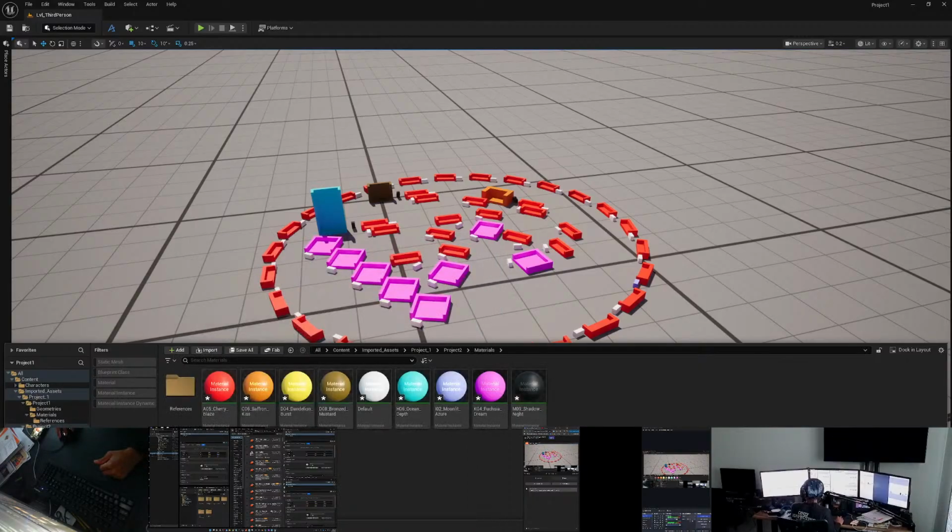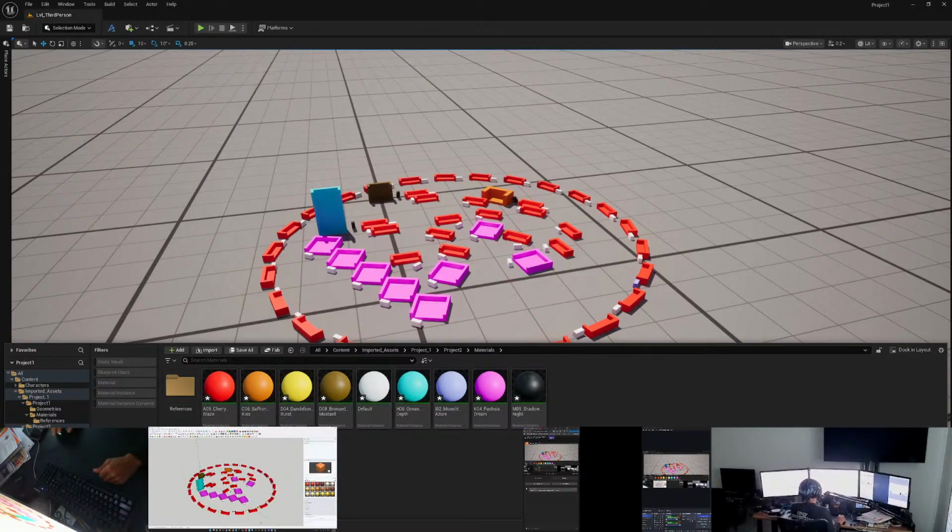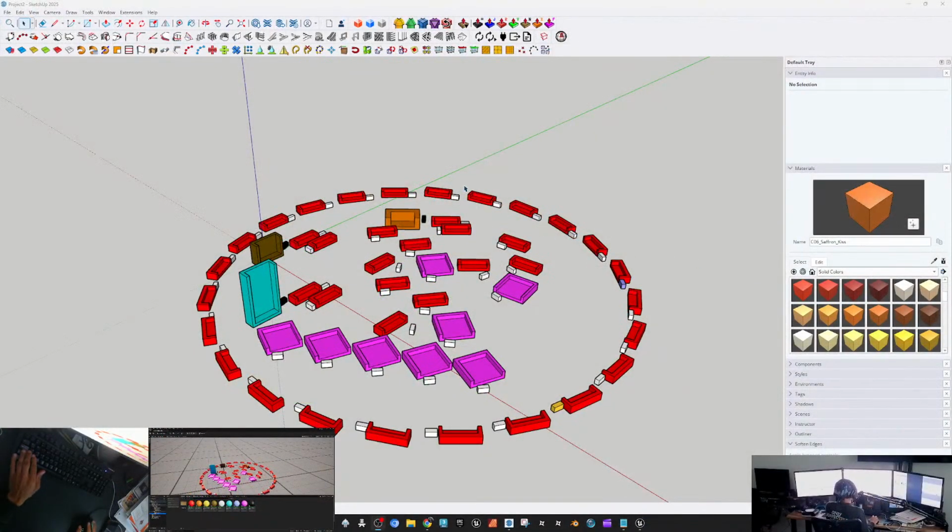And then if I go into materials, we have the same number of materials. So 9 instances, 1 master material, that's 10 draw calls, plus 1 object, which is all this is now, 1 object. So it's 11 draw calls. It's even cheaper on the performance. The last variation of this would be, I open up SketchUp and let's